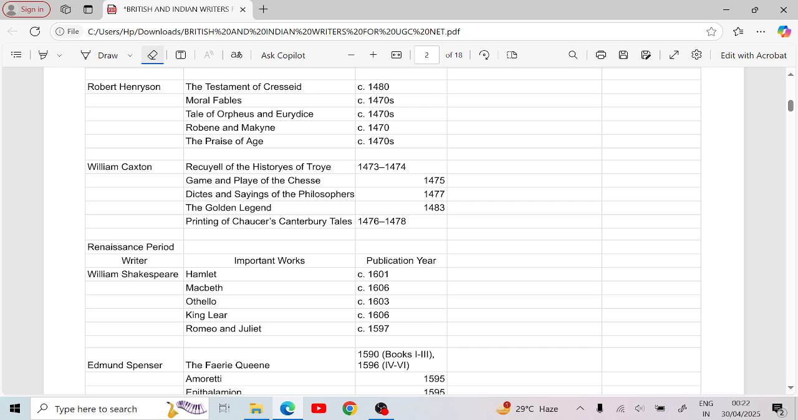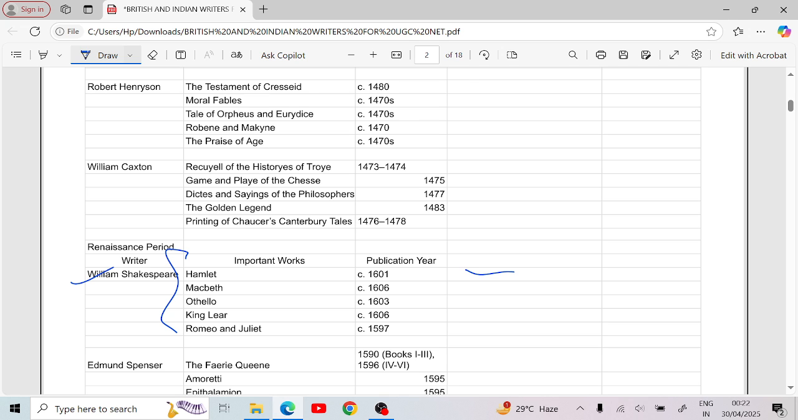So now let's see William Shakespeare. I have mentioned more important works, and I have left space here, so you can take a printout of it, and if you find some more works, you can write them down here with the publication date. This is called smart strategy. You have to study like this, if you want to clear the UGC examination in your first attempt, as I have done. We have Hamlet, published in 1601. Macbeth, published in 1606. Othello, published in 1603, and King Lear in 1606. Romeo and Juliet,